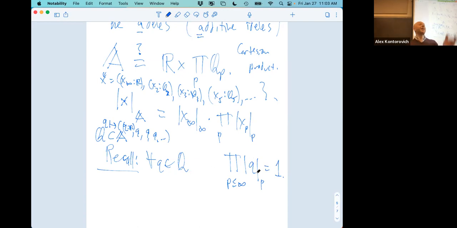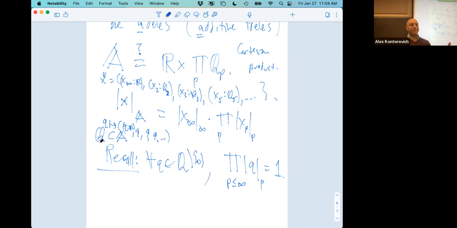We chose exactly. This is one of the reasons that we like that normalization of the p-adic norm being not just some arbitrary number less than 1 raised to the valuation, but 1 over p raised to the valuation. Exactly. Very good. I left room here for that. Okay. That's actually going to be very important in just a second.